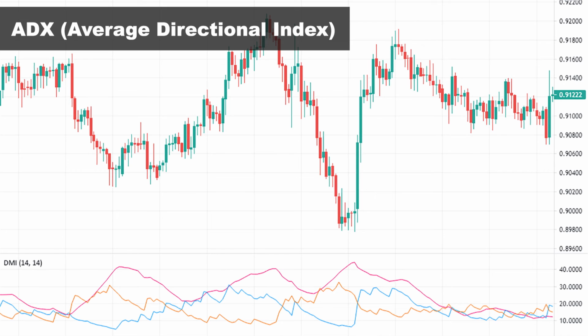ADX is usually plotted with the minus directional indicator, the orange line, and the plus directional indicator, the blue line, and together they form a trading system. The crossing of these two lines can provide us trading signals. When plus DI crosses above minus DI, it's a buy signal, and when it crosses below minus DI, it's a sell signal. There are many important points regarding ADX interpretation and trading decisions based on these signals,